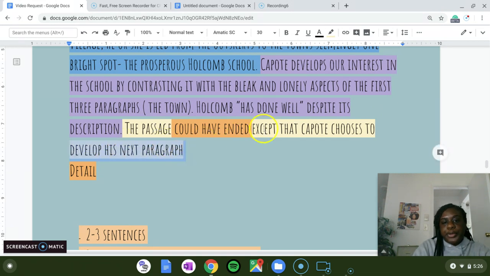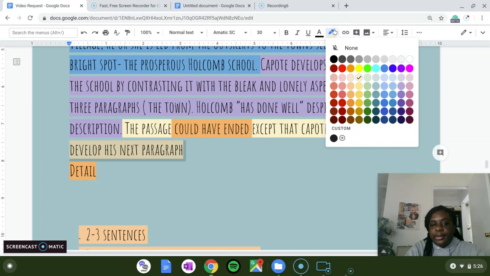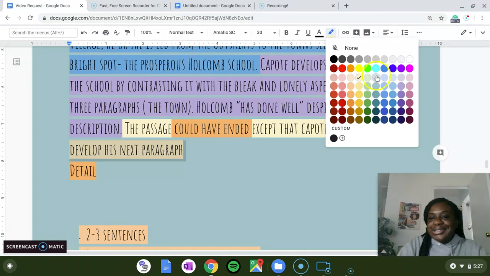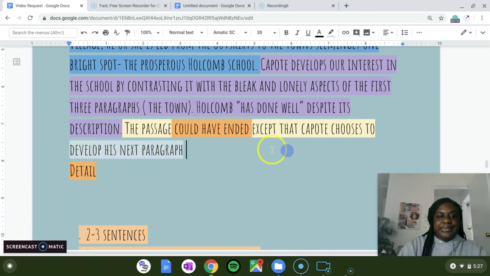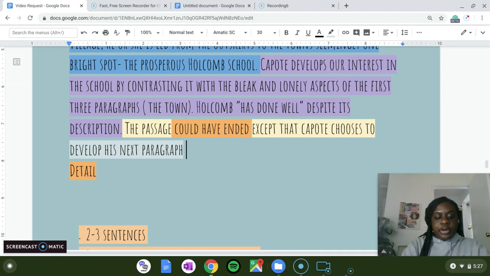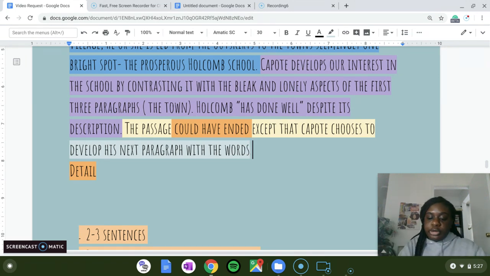We know that for structural purposes, Capote chooses to continue developing the paragraph. That's significant, and we're going to explain that with the words "until one morning," thus taking the reader on another journey. Okay, so let's calm ourselves because we're too excited. This passage could have ended, except that Capote chooses to develop his next paragraph. In this paragraph, with the words "until one morning,"